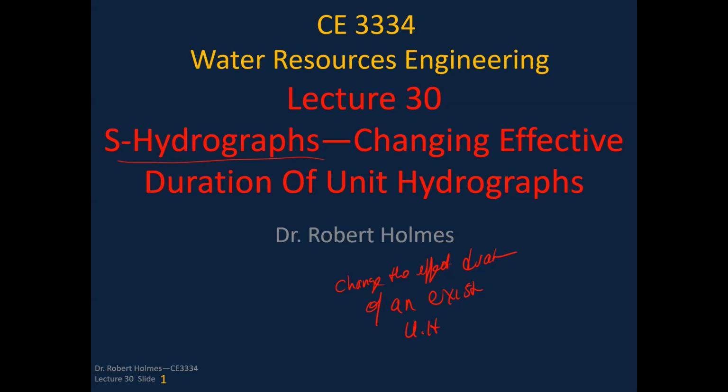In lecture 29, we covered derived unit hydrographs. So from real data, you can get a unit hydrograph. And then if that unit hydrograph is not the effective duration you need to match your rainfall data, you're going to have to do something to alter it to make it a unit hydrograph that has the effective duration you need,